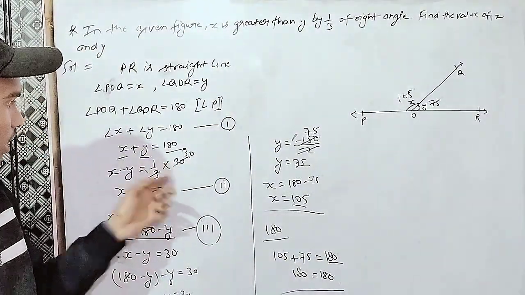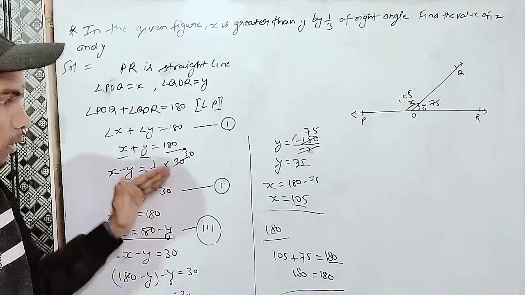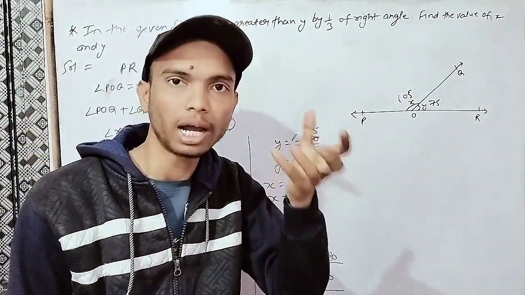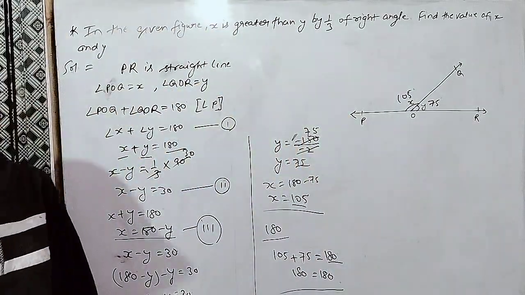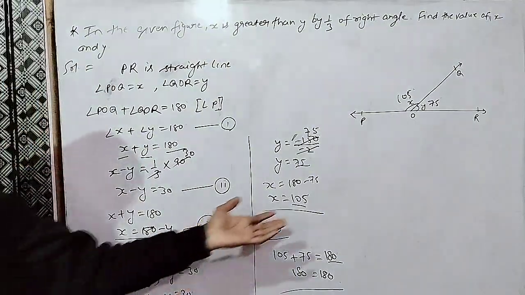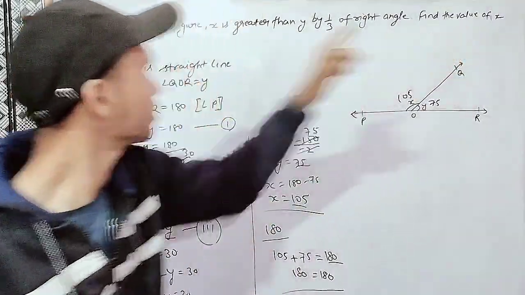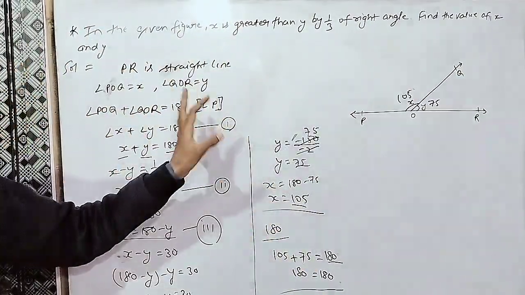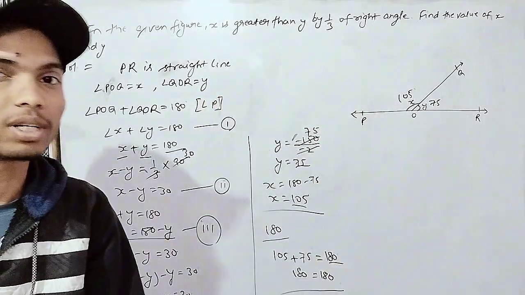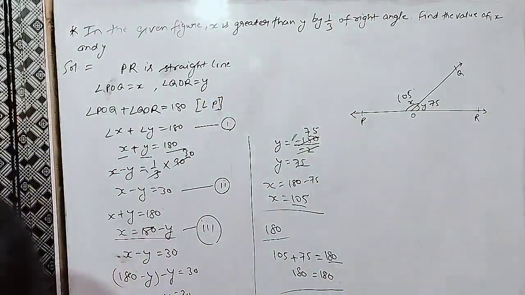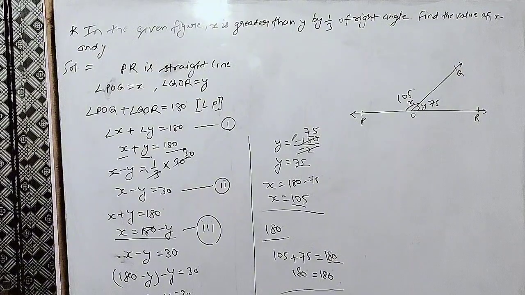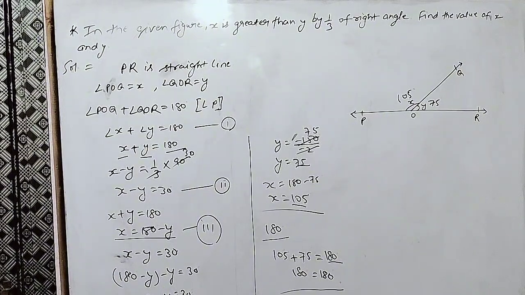Now after this step we used our mind. This is a process to find out the value of x and y. Okay, this was what to find out in our process. So just have a look, then we